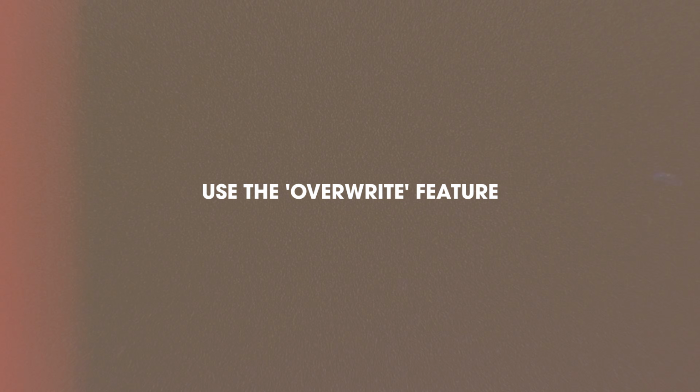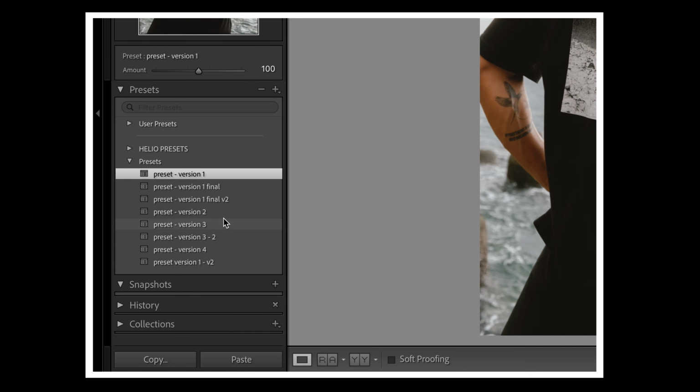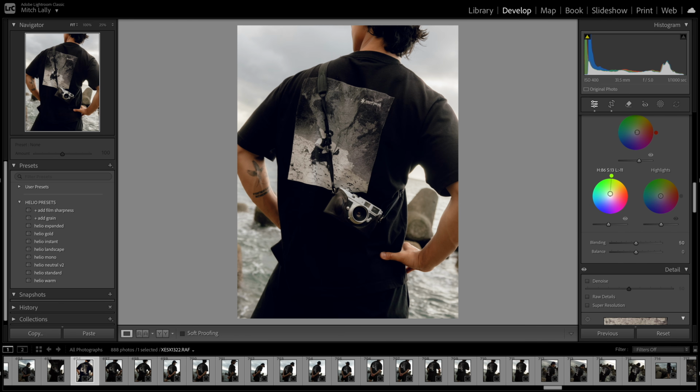Don't be afraid to overwrite your preset settings and try to keep it really simple. One mistake that I made in the past was that I had like 30 different variations of the same preset, and I almost got lost in which variation was which and which one that I was actually working on at the current time. So I actually found out that you can make some adjustments on the current photo that you're